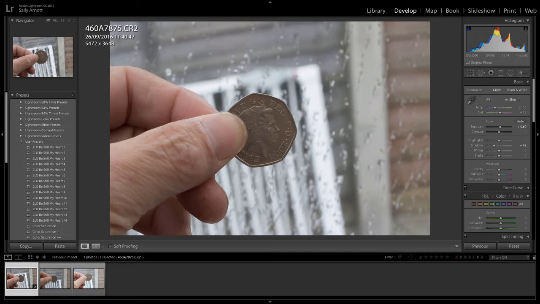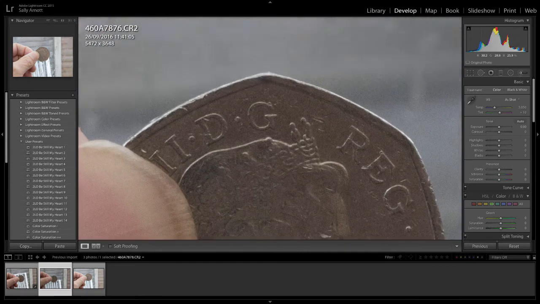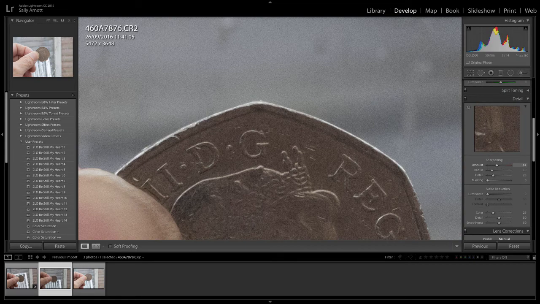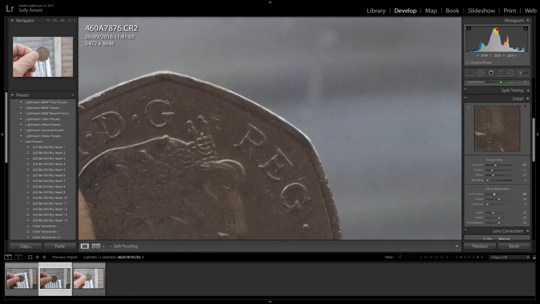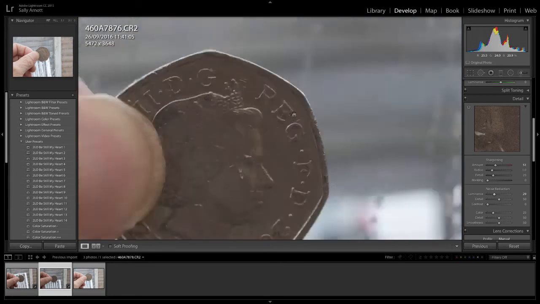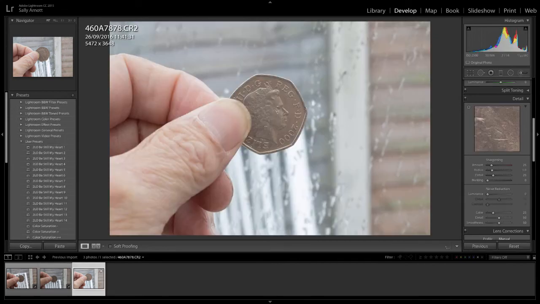So when I go to the middle shot, which was shot with no compensation, I've still got noise there, but it's a little bit better. So I might get a better result. I'll sharpen it, take the noise reduction up slightly. It's looking a bit better, but again, it's not brilliant. No matter what it is, it's not going to be perfect. But on the one I've overexposed,